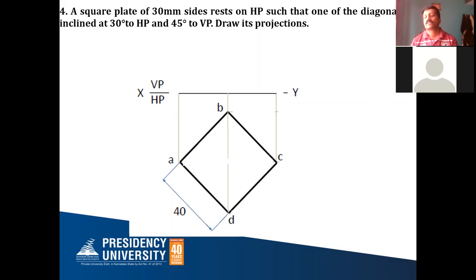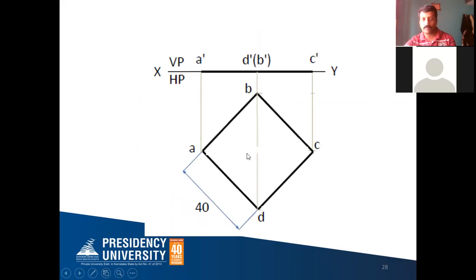After this, you draw the front view for this. How to draw a front view? Draw the vertical projectors from all the points till they meet the XY line. You are looking from here. You can put an arrow mark here in your sketchbook itself. You are looking from here. A, D, C, it's very simple to understand. A, D, C you can see. You cannot see D. So it is a corner condition. It is resting like this on HP.